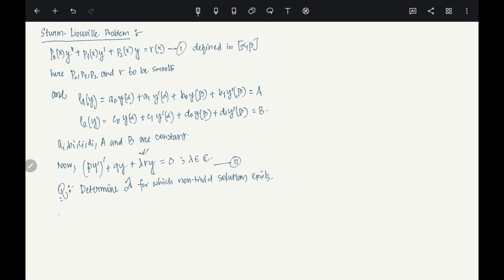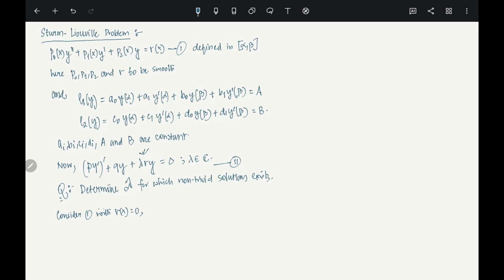See, consider the case with R(x) equals to 0. So basically the homogeneous problem, R(x) equals to 0. Clear? Now you see, for the homogeneous problem, what happens is this: this problem is in the